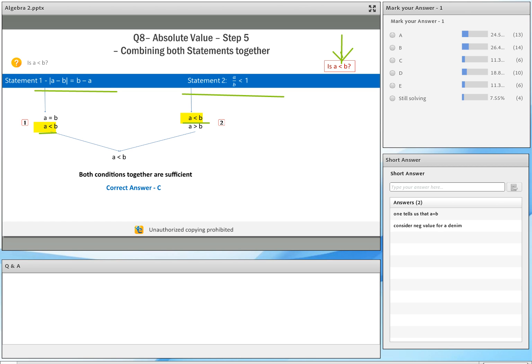Consider negative value for the denominator. Now think about this. This was an absolute value inequality, right? Question based on a DS question based on absolute value inequality. Up front,